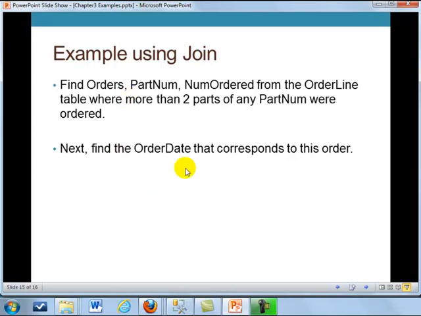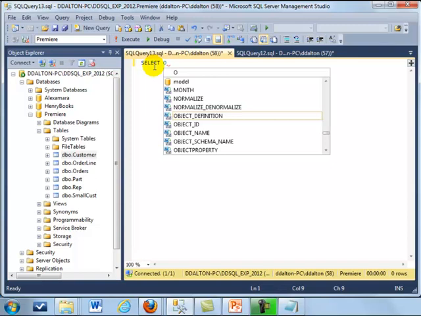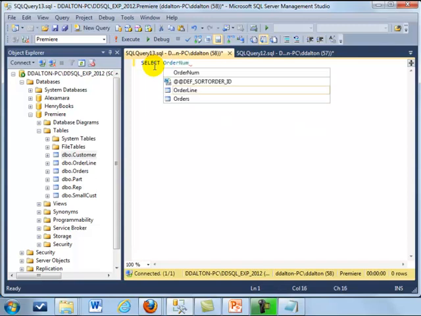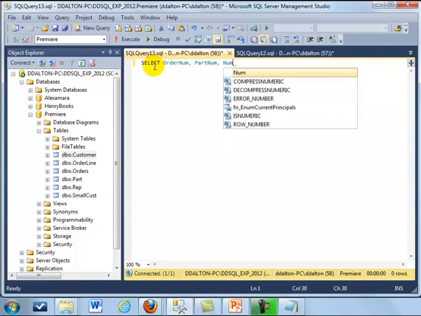This time we're going to find the orders, part number ordered from the order line table where more than 2 parts of any part number were ordered. And then next we're going to find the order date that corresponds to this order. So we're starting a new query for this join example. So we're going to do our select, and we're going to get the order number, the part number, the number that were ordered,